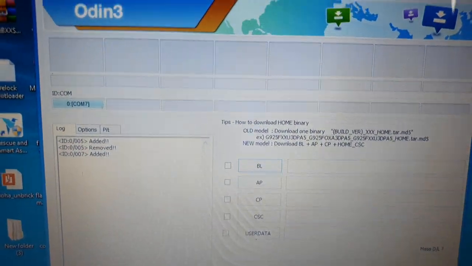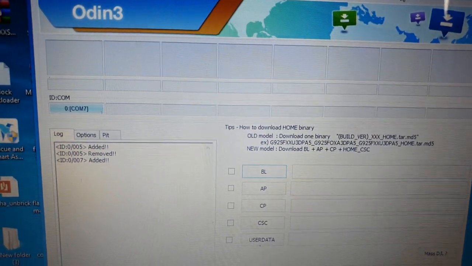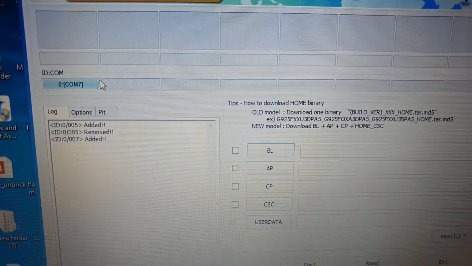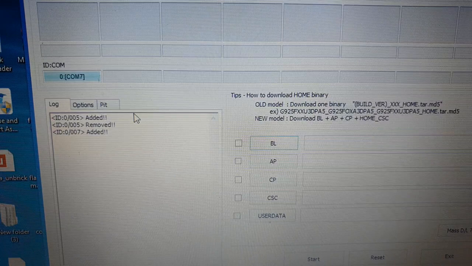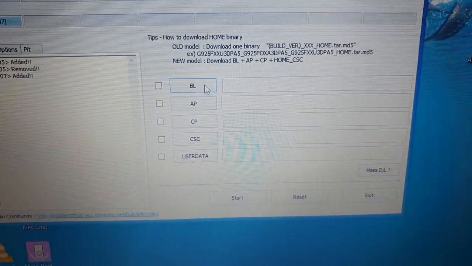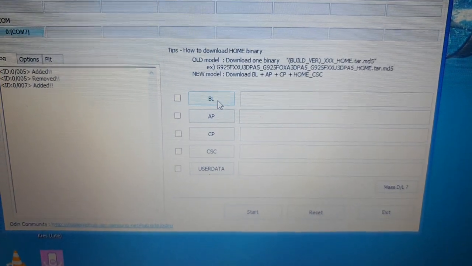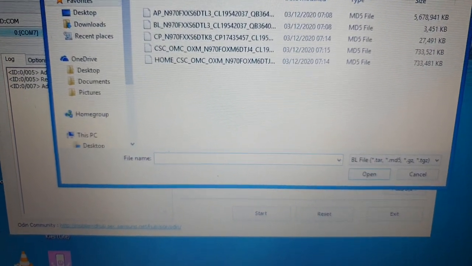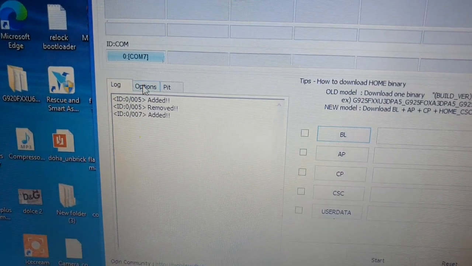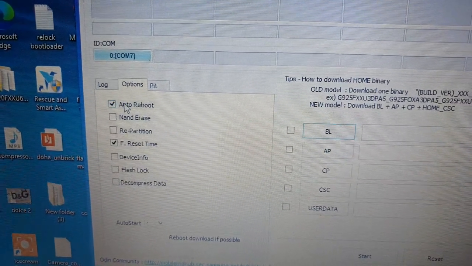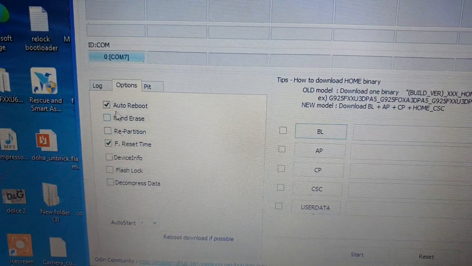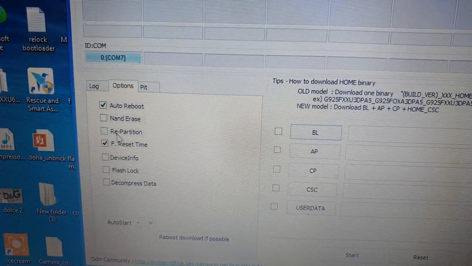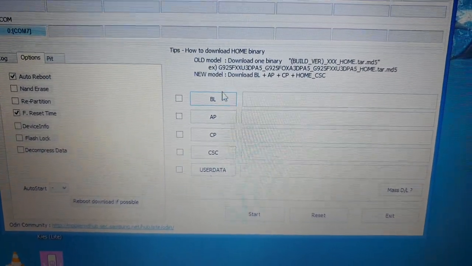Okay, so now on Odin, where it says ID:COM here, it should be blue and it should say added. Okay, so now we're just going to select BL. In fact, before we do that, just go to options here and make sure these two are selected. Nothing else should be selected, just these two, auto reboot and F reset time. And then select BL